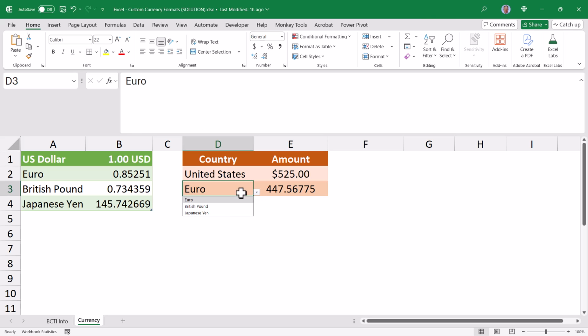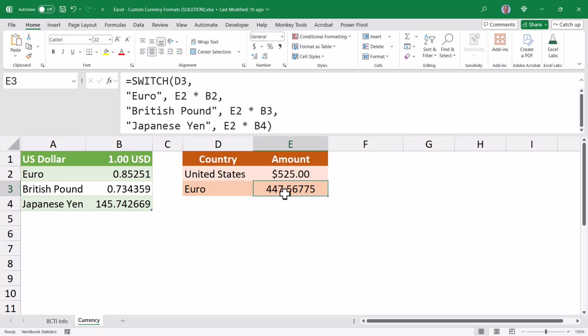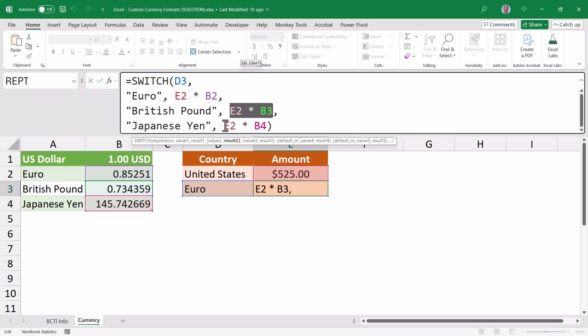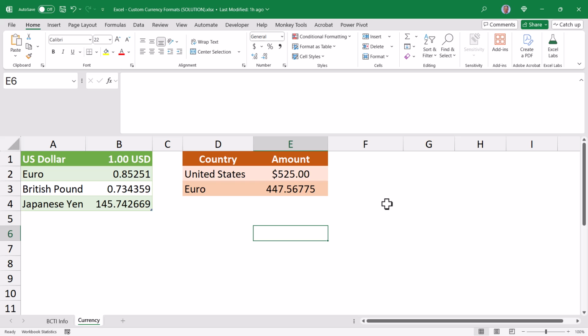So if I go up here and I pick British pound, I get a different calculation. If I pick Japanese yen, I get another different calculation. So we want all these to be formatted based on the country selection. So going back to the original switch function, we're going to wrap each of these multiplication bits inside of a text function. So we can take the result of that multiplication and apply formatting to it. So let's start with euro. Now, if you're not sure what the formatting codes are for the euro, here's a way you can cheat. Let's hit escape. Our cheat test will come off to the side here, and we'll just put in a number